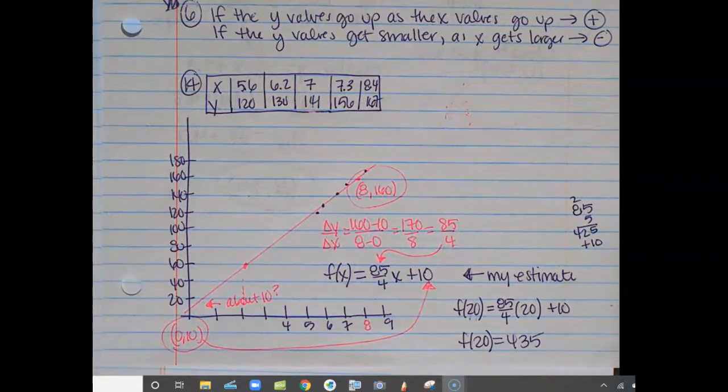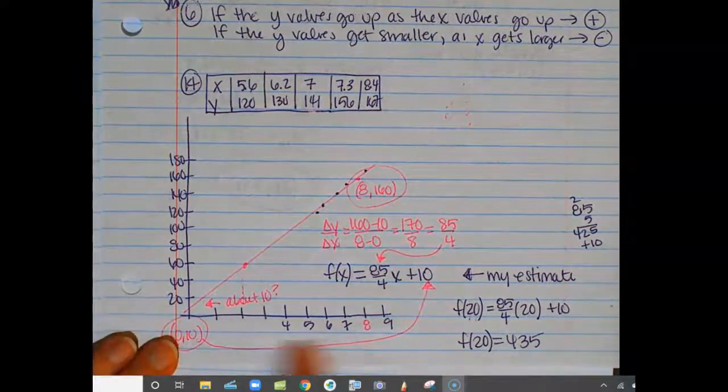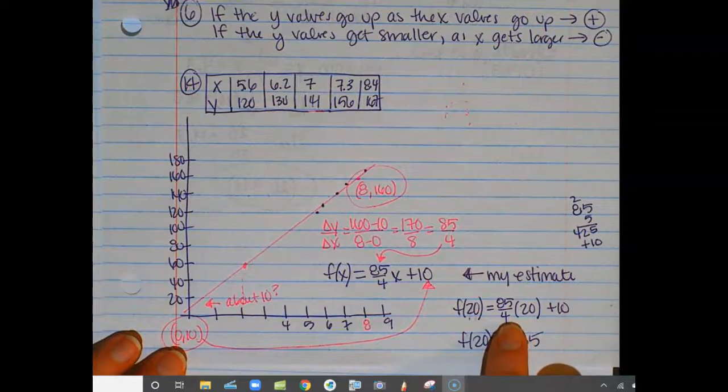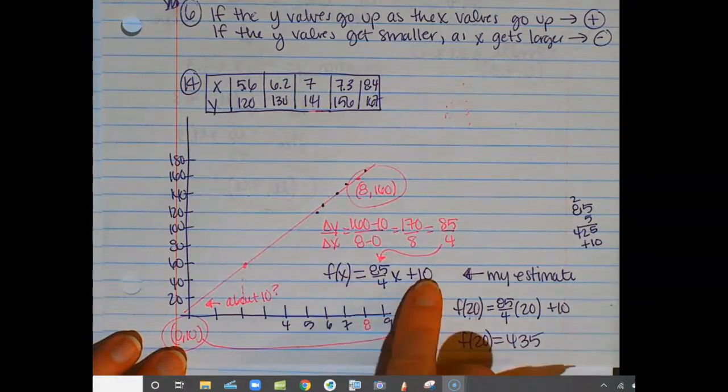After that, they said, hey, what do you think will happen when you go past 9 and go all the way to 20? So my estimate says plug in 20. That's this new function notation we've been talking about. It means exactly this function when we plug in 20. So I rewrote it: 85 over 4, my slope, times 20, plus the 10, just this equation but with a 20